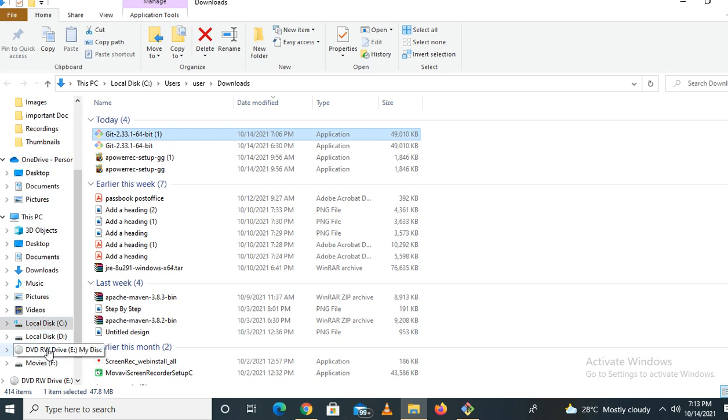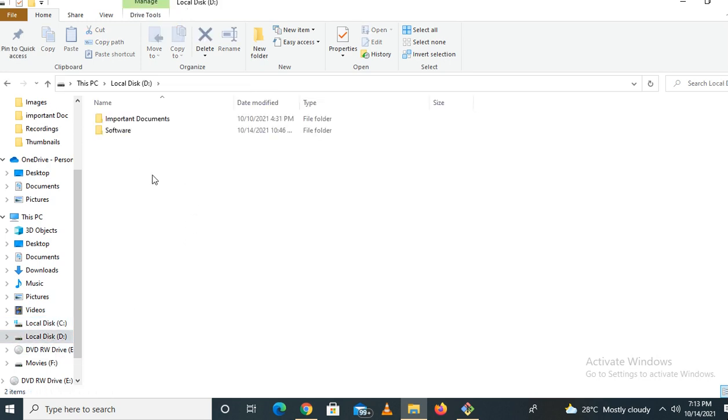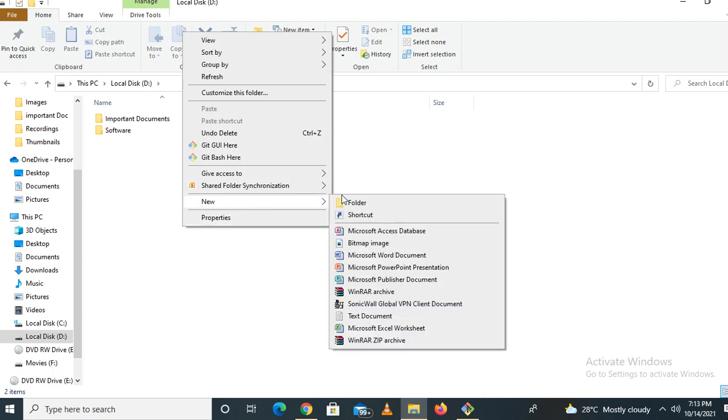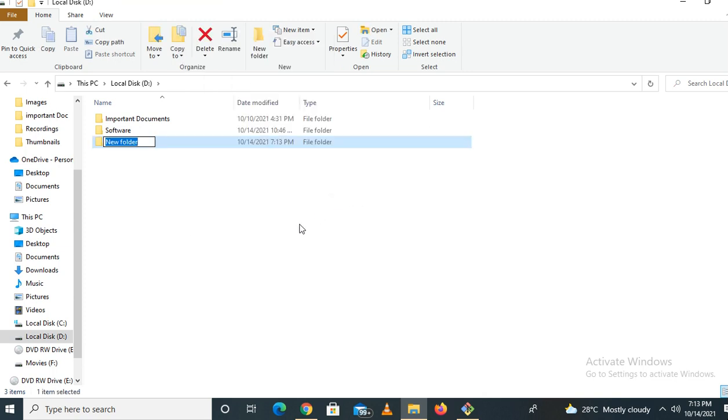Let's go to the D folder. Here I will create a new folder. Let's name it My First Git Project.